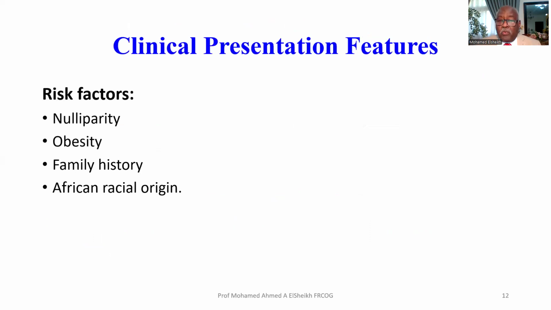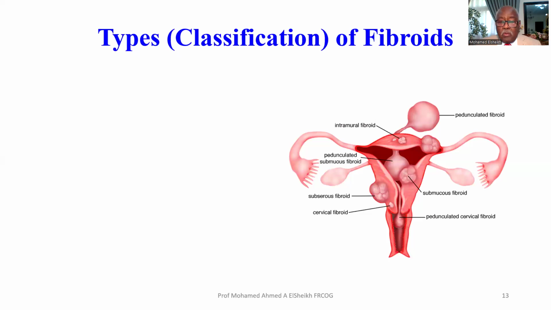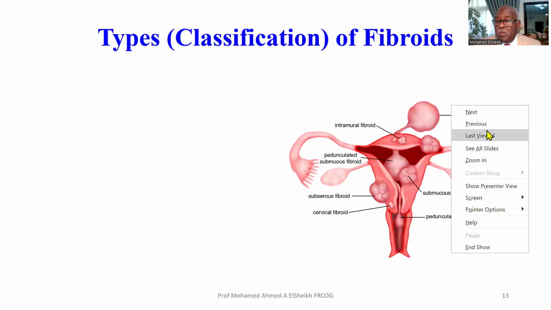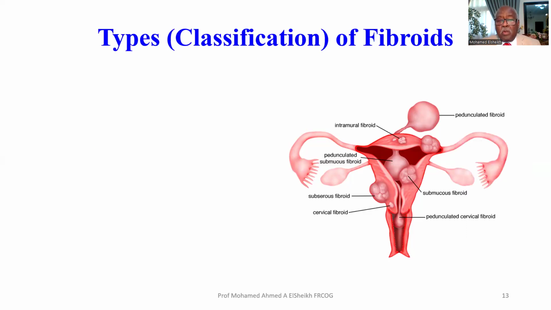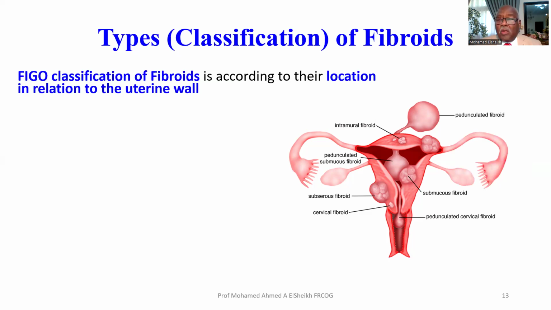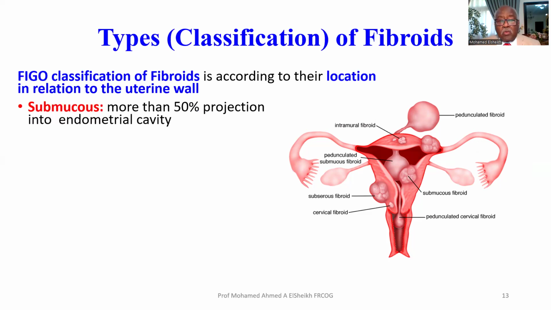Clinical presentation of fibroids. We have said the risk factors of the fibroids include nulliparity, obesity, family history, and African racial origin. We have already mentioned these are the risk factors. So we come to the classification of the fibroids. How do we classify them? The FIGO classification of the fibroids